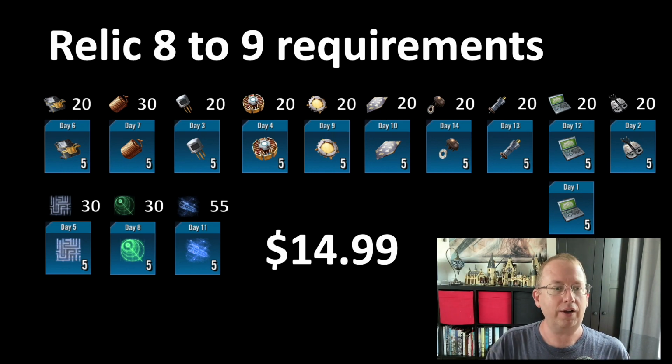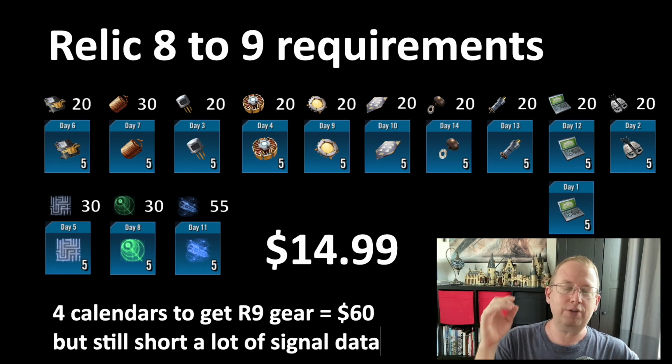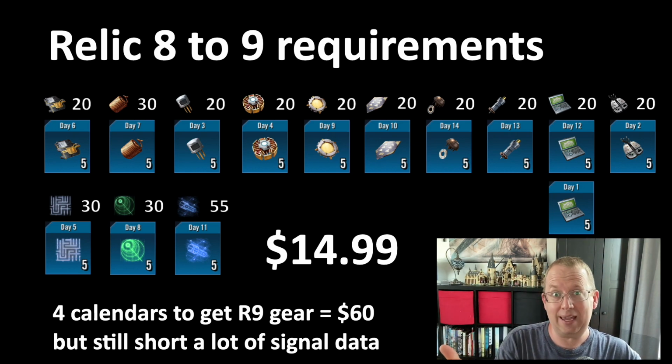So for $15, you're getting five of everything except for the keypads, which ironically, for some reason, you get 10 of. And this basically comes out to be a fourth, not perfectly, but a fourth of the requirements you need. That means you would have to buy this calendar 4 times, in theory, and wait 4 times 2 weeks, 8 weeks, 2 months for the payout, and you would actually still be a little bit short on the bronzium